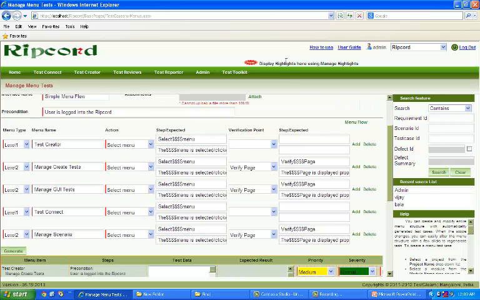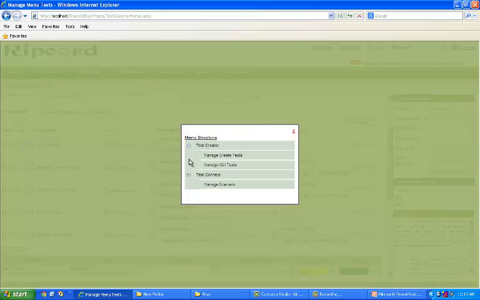The test engineer specifies the menu type, whether it is level 1, level 2, level 3 or level 4, based on the menu structure, and specifies the menu name and what action is required for each menu. Based on the selection of the object, the step and expected result will be displayed, and before creating the test cases, the user can simply view the menu structure by clicking view menu flow. As soon as you click the menu flow link, the menu structure will be displayed in a pop-up, and you can validate whether the menu structure is correctly defined or not. Once the menu structure is validated,